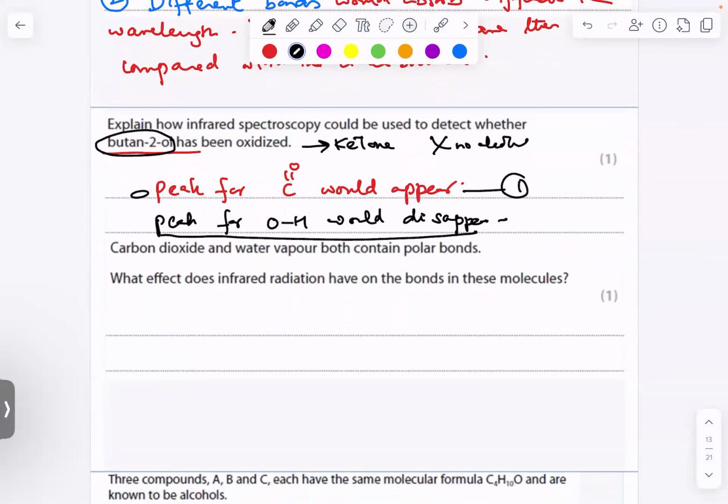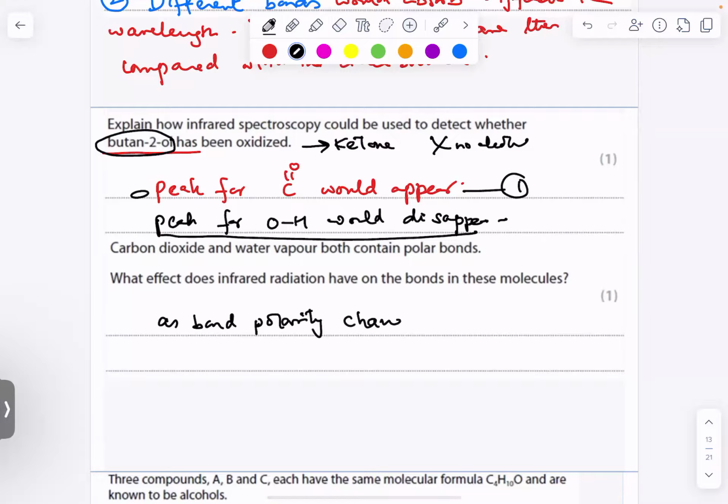Stretches them. And why would the stretch be different? Because the polarity would be different. Okay, so it stretches them based on their polarity. Yes. All right, so you could write that as bond polarity